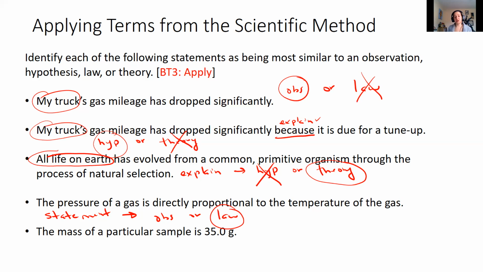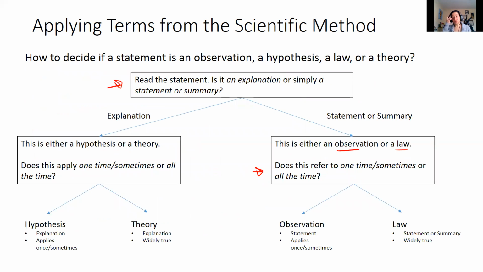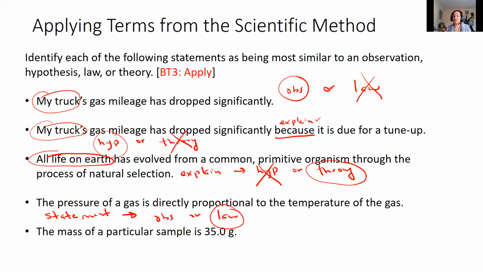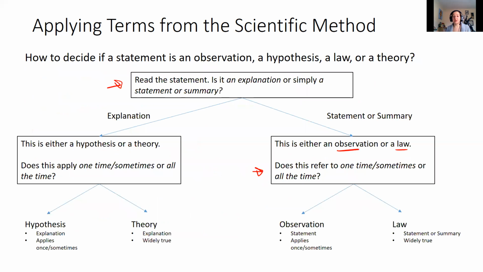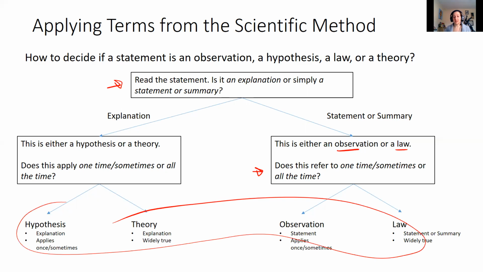All right, so I hope this helps clear this up a little bit, that if we go through these two questions we ask ourselves, we should be able to figure out if we're given a statement, is it an observation, a hypothesis, a law, or a theory? First question, is it an explanation or a statement? Second question, does it apply one time or does it apply all the time? And using those two questions, you can narrow it down to one of these four terms that we see down at the bottom here. Okay,